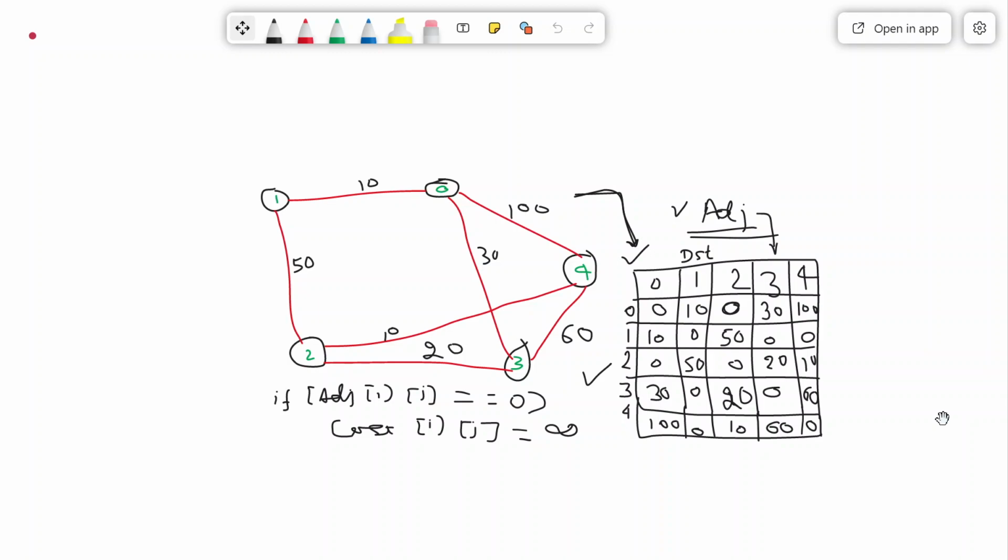You can make an exception that if i and j are the same, meaning 0 to 0, in that case I will not assign infinity. Otherwise, if it is 0, that means this is representing infinity. Why?